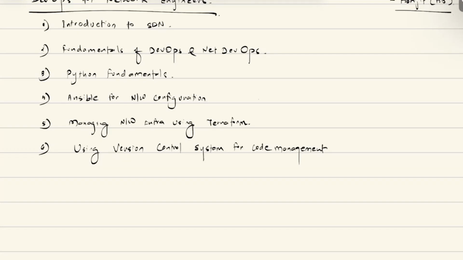That is where a version control system comes into play. And the best version control system that you have is called Git. So you're going to learn about how Git works. I'm not talking about GitHub.